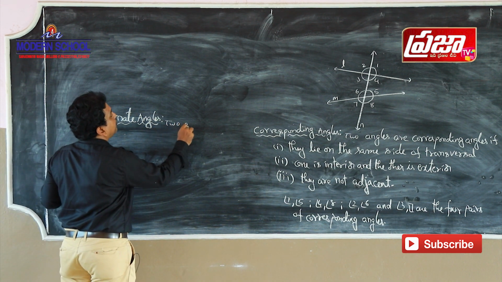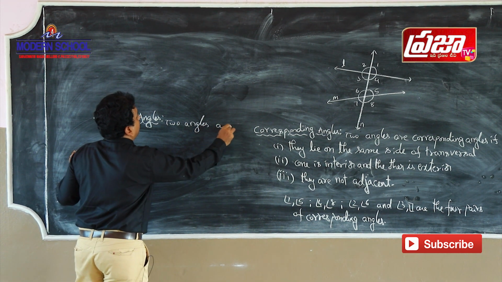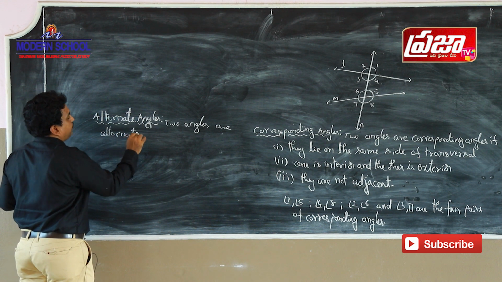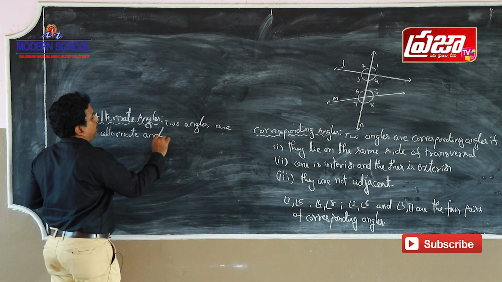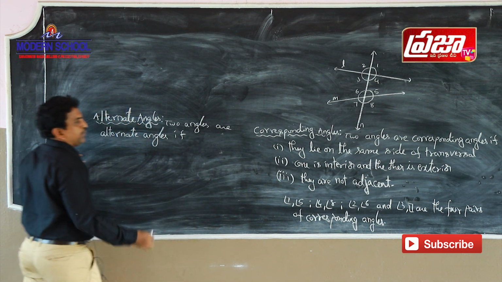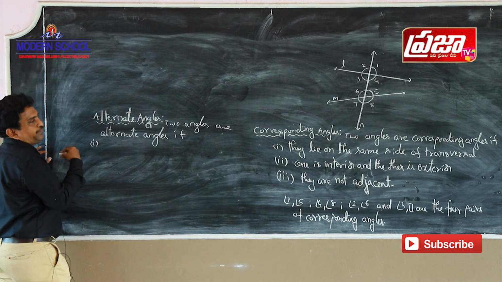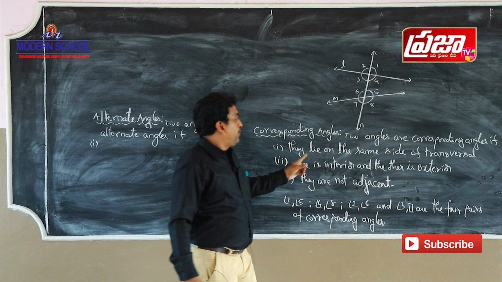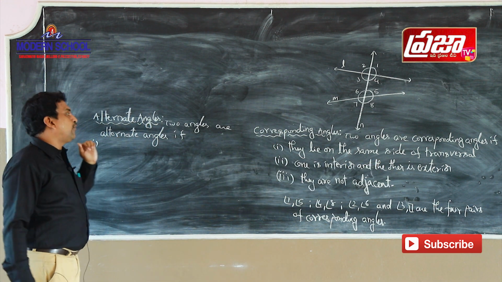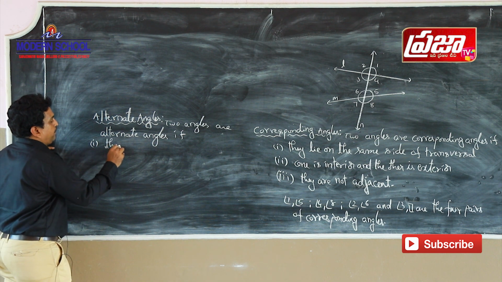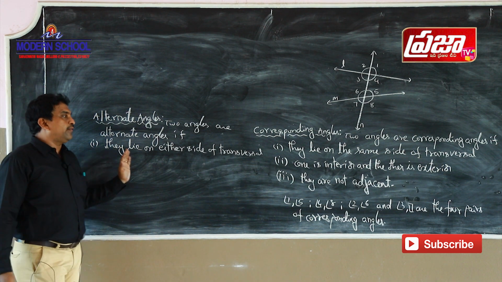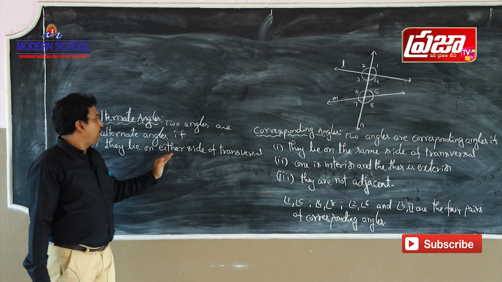So 2 angles are alternate angles if, same like the first point. Here they lie on the same side of transversal. Here they lie on either side of transversal. So the first thing you have to observe is that they lie on either side of